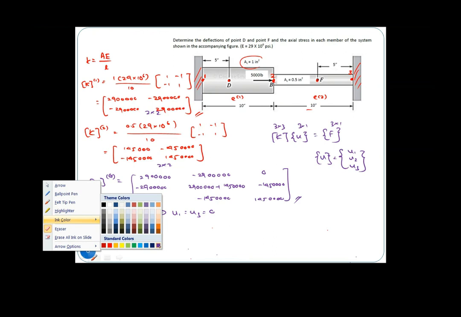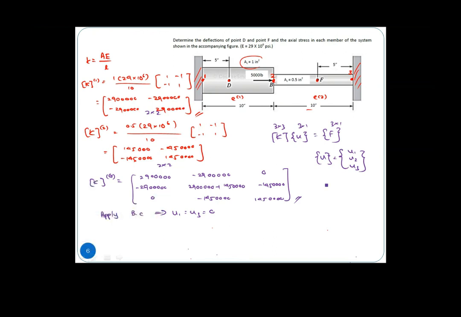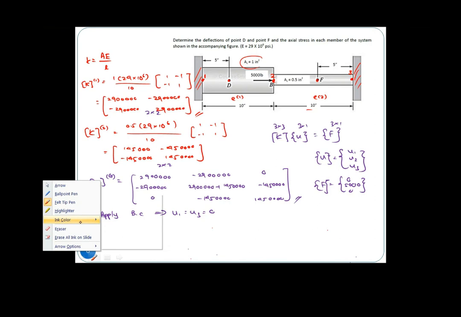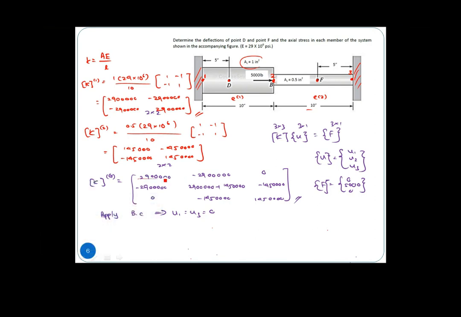Basically here our F will also be 0, 5,000, 0. So after we apply the boundary, this particular row is gone, and this particular number 3 is also gone. So we are having this U2